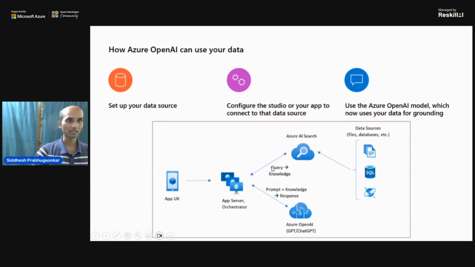Here is a simplified diagram to understand the whole process. Let's say I have an application wherein I will give the prompt or question or query. Once that is given,